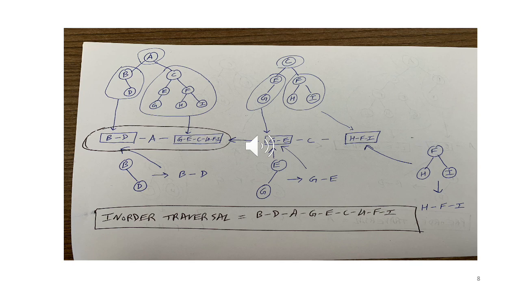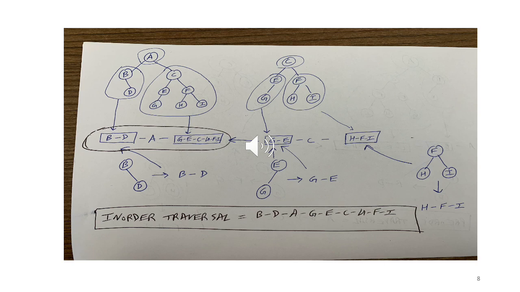So let's start with the left box. It has a smaller number of nodes. So the left box is the left subtree, B and D. Now let's do an in-order of this. Here again, same steps. Perform an in-order of the left subtree. Now our tree is B and D, and we want to perform an in-order of the left subtree. What does the left subtree have? In this tree of two nodes B and D, the left subtree does not have anything because there is no left child. It is null. So nothing comes.